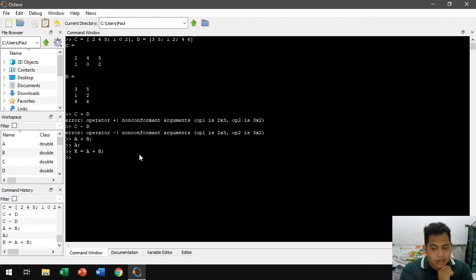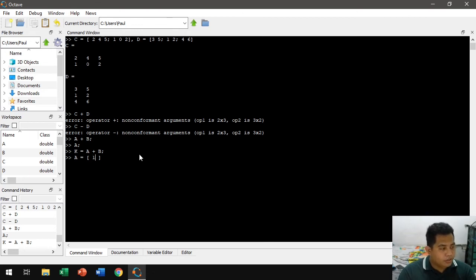So let's try forming row and column vectors. A row vector is a special type of matrix which is n rows times one column, right?